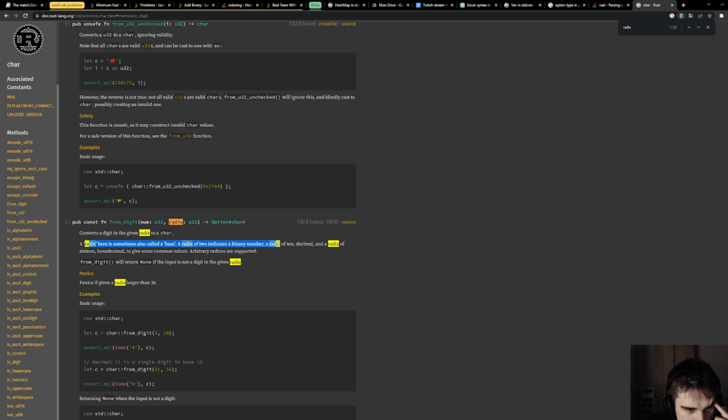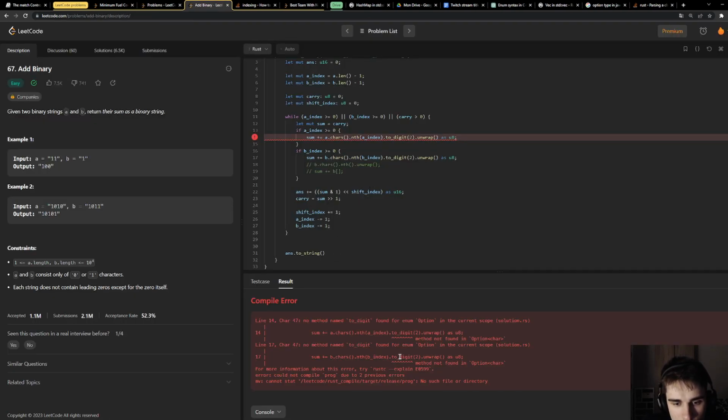A radix of 2 indicates a binary number. This is what I want. A radix of 10 is decimal and a radix of 16 is hexadecimal, to give some common values. Arbitrary radices are supported. Method not found in Option. I should probably need to really do the unwrap. My question is, why do we get a None?